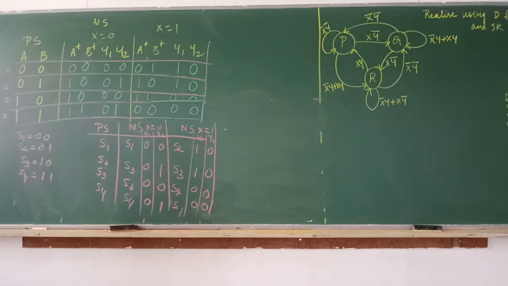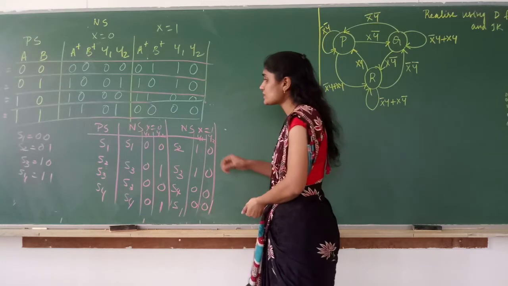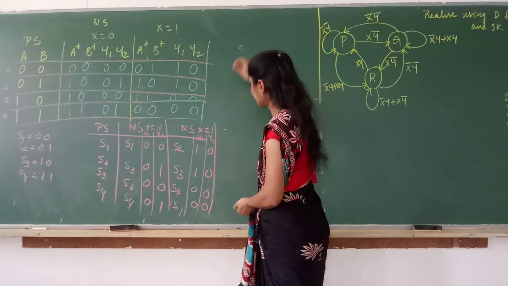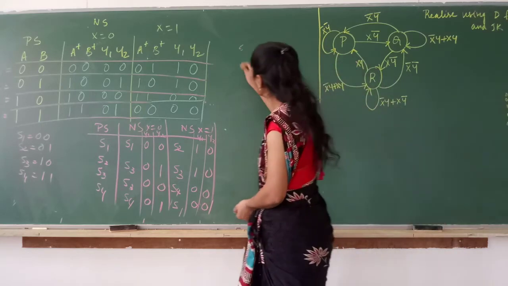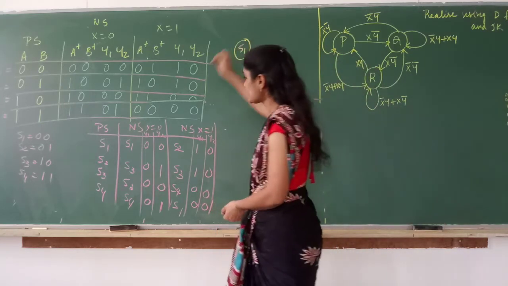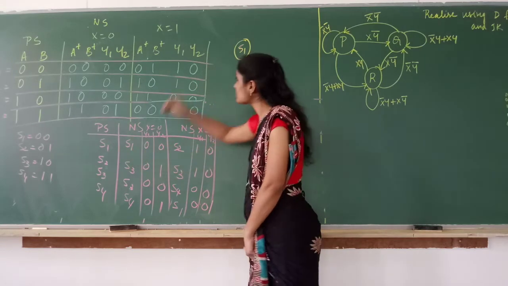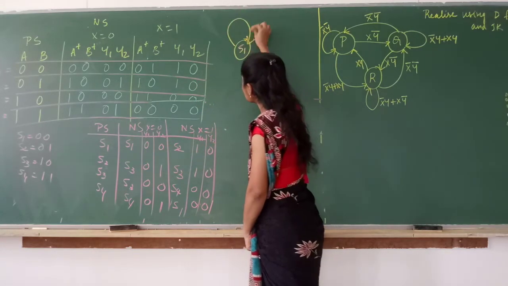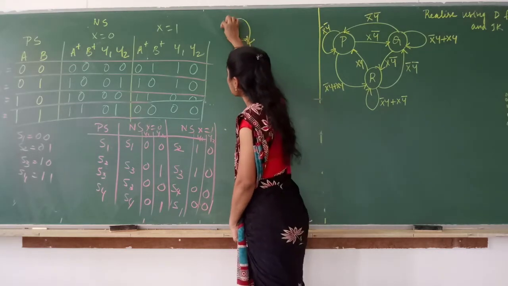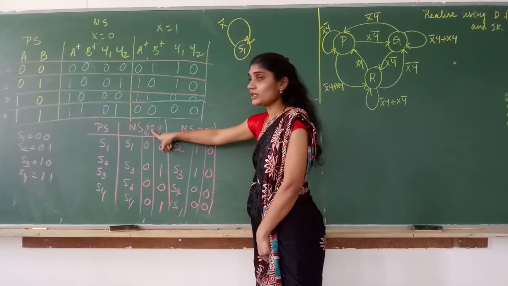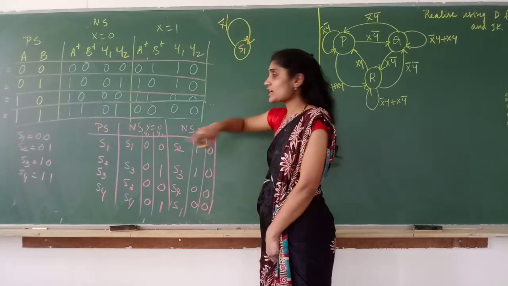Okay, from this you can write the state diagram. It is very simple. So how do we write the state diagram for this? Start from S1. If present state is S1, next state is also S1 when input is 0. So I write x bar, slash. I should write y1 and y2.